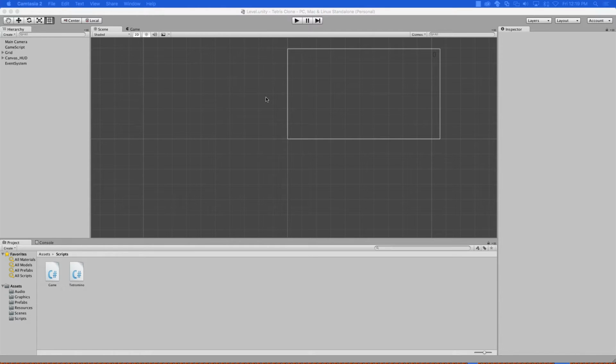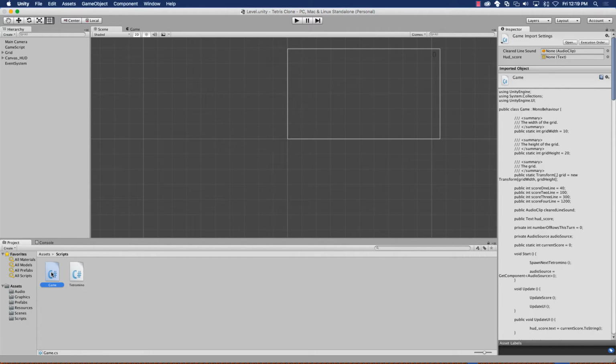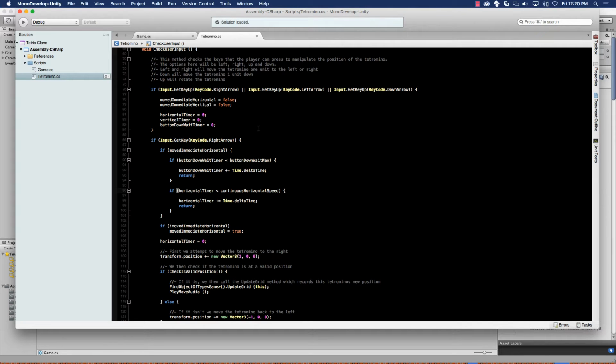In this tutorial, I'm going to show you how to add a preview for the upcoming Tetromino. This is actually going to be a fairly quick and simple tutorial. The first thing, of course, you're going to want to do is load up your project, and once everything's loaded up, open up your game class. Double click on that to launch it in MonoDevelop. Alright, so